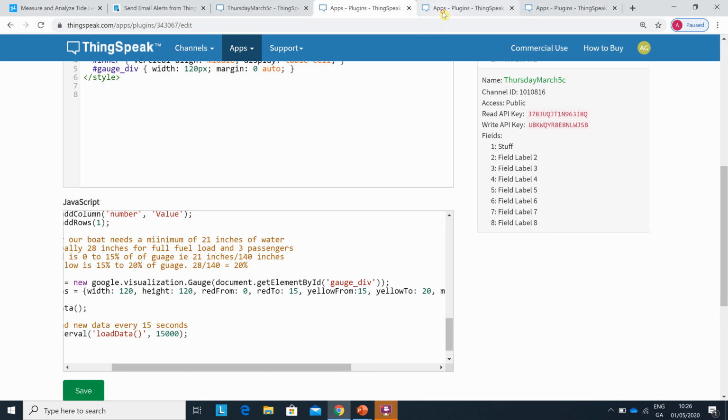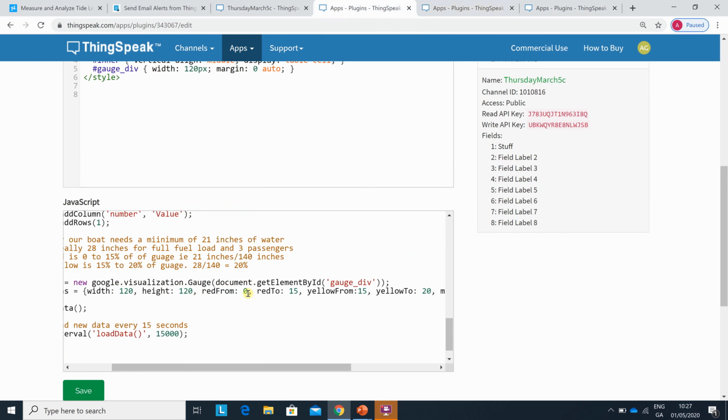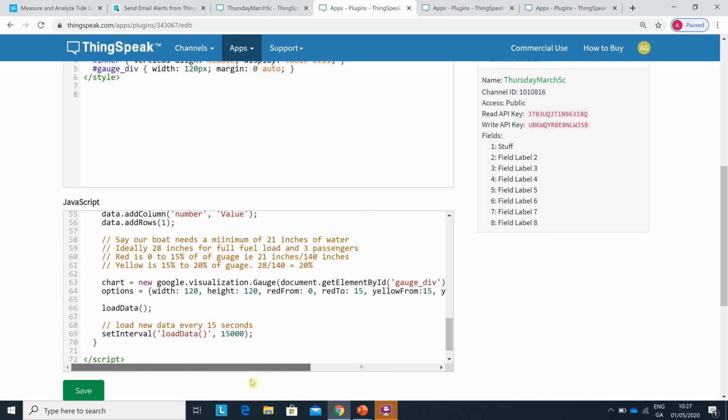Just to show you, there's the other one. You would have to change that, the red from, etc. In case I confuse you, red is from 0 to 15%, yellow is from 15 to 30, and the minor ticks are 5. Save that,